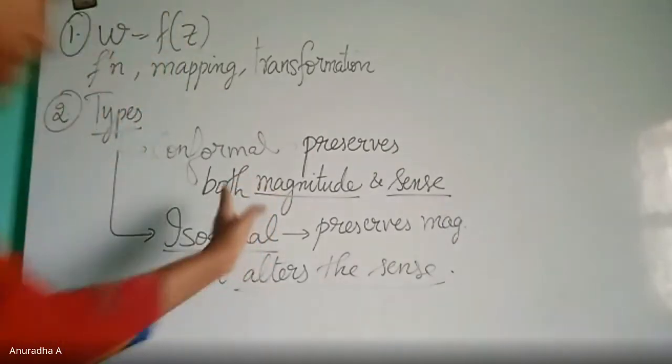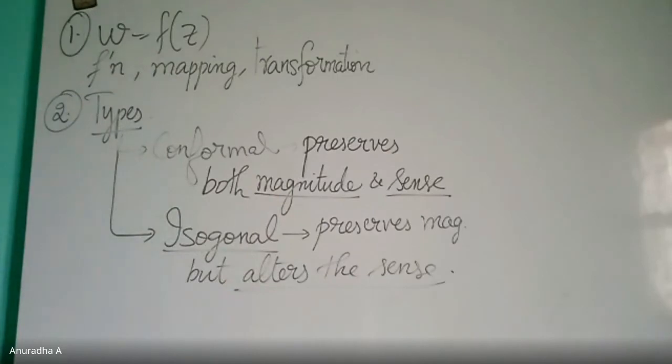Only this definition they will ask, because what is argument and what is magnitude have not been given in this book. I am saying it from the general definition. So this is one way of classification. Now, the second way of classification depends on the function, and they are going to give some more types of classification.